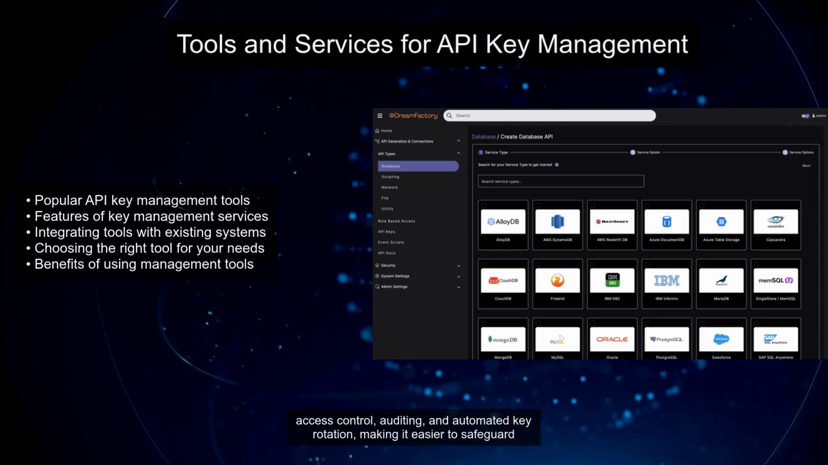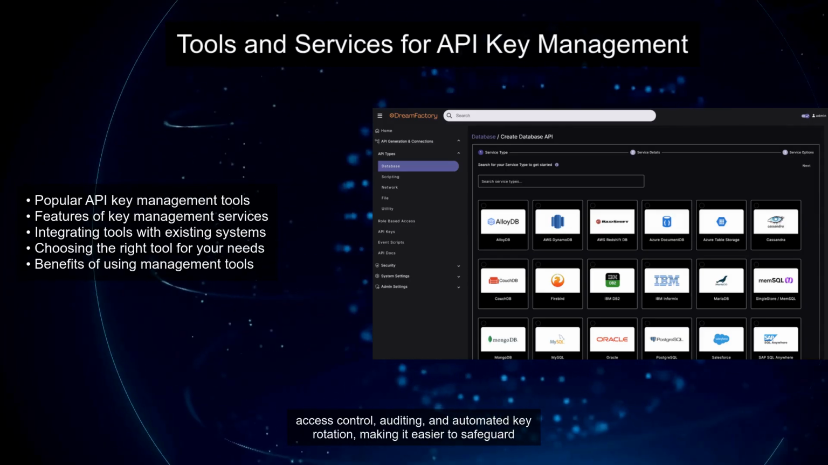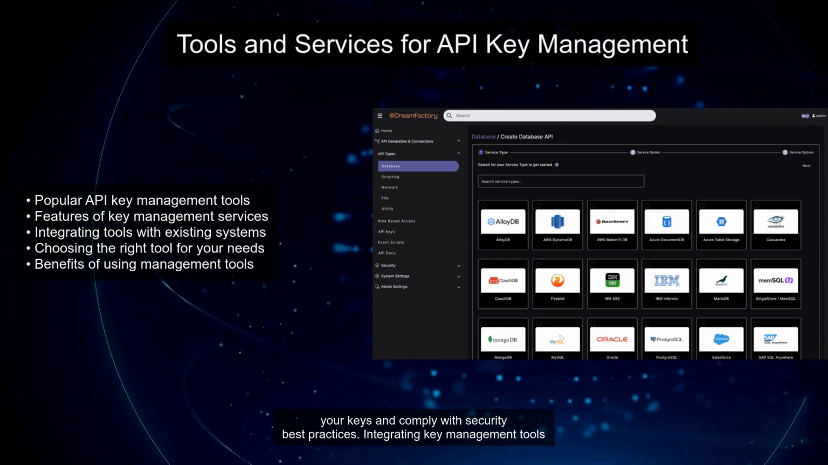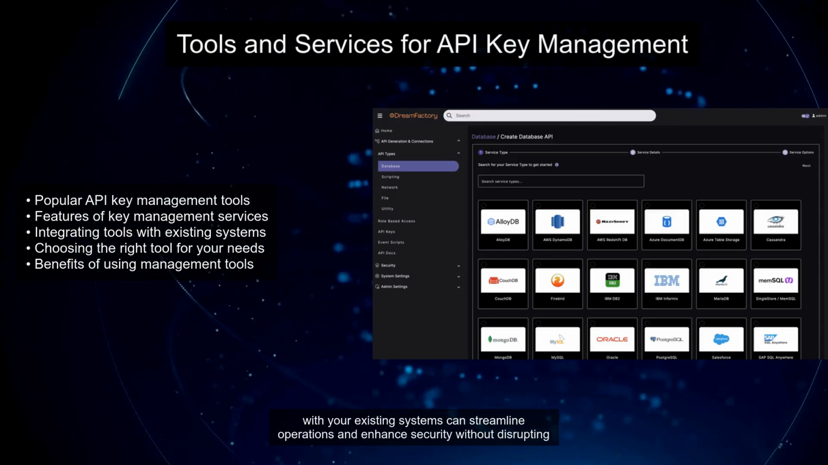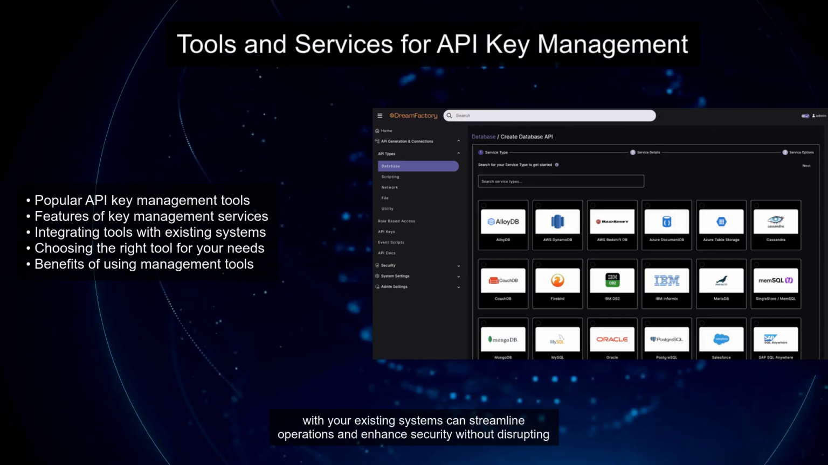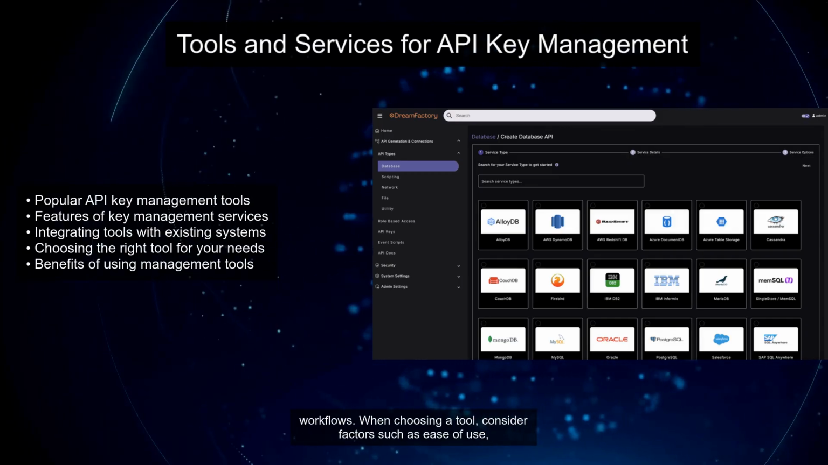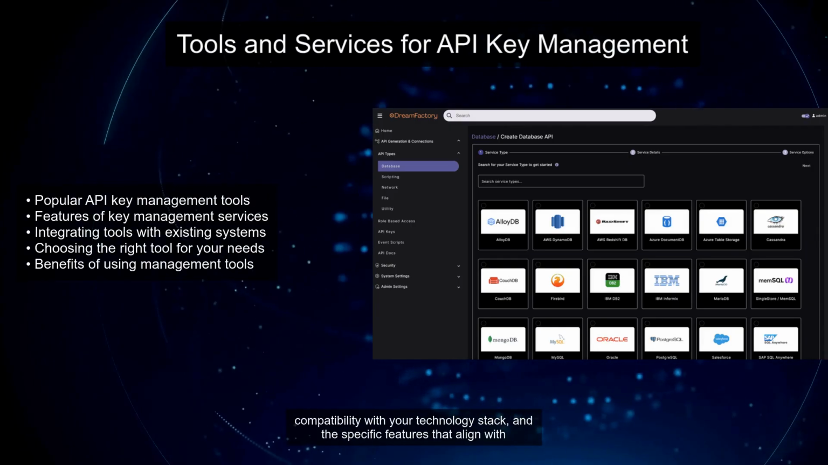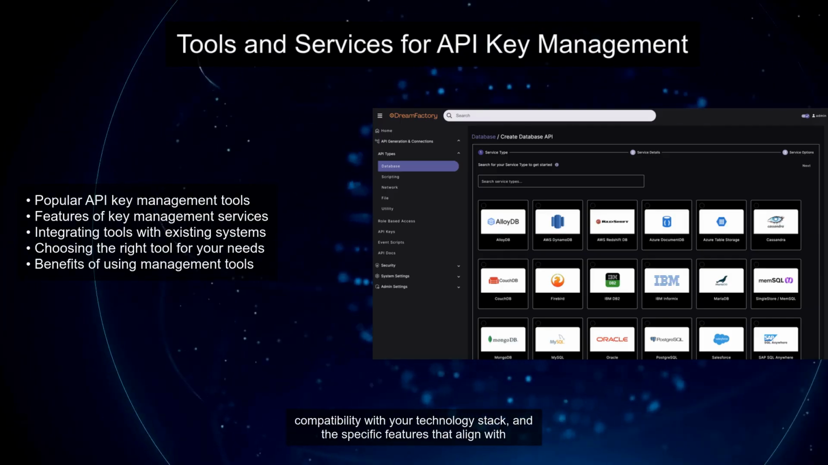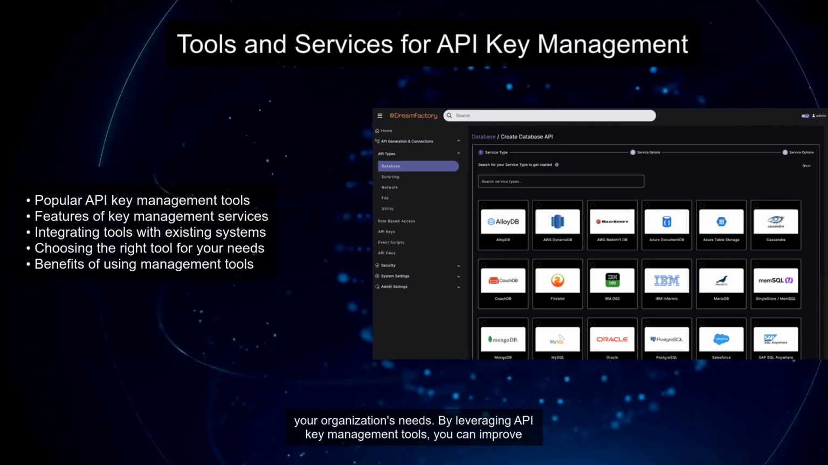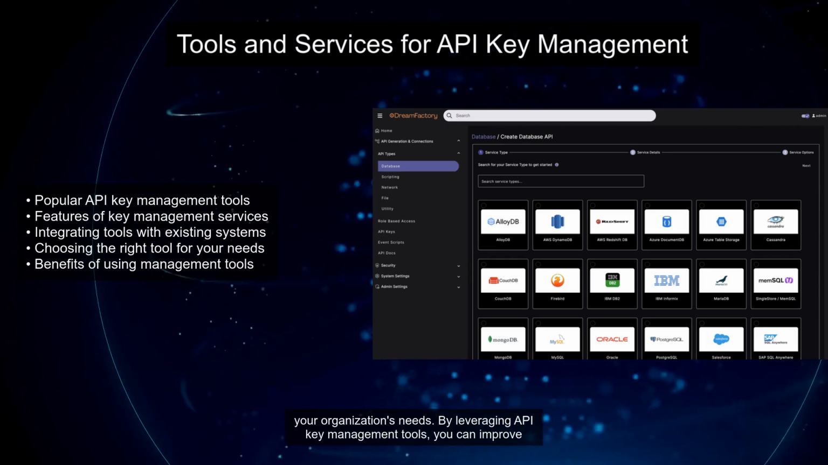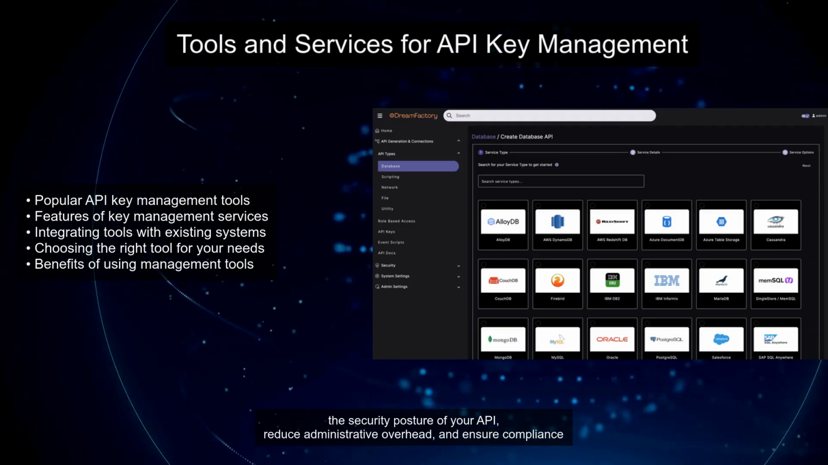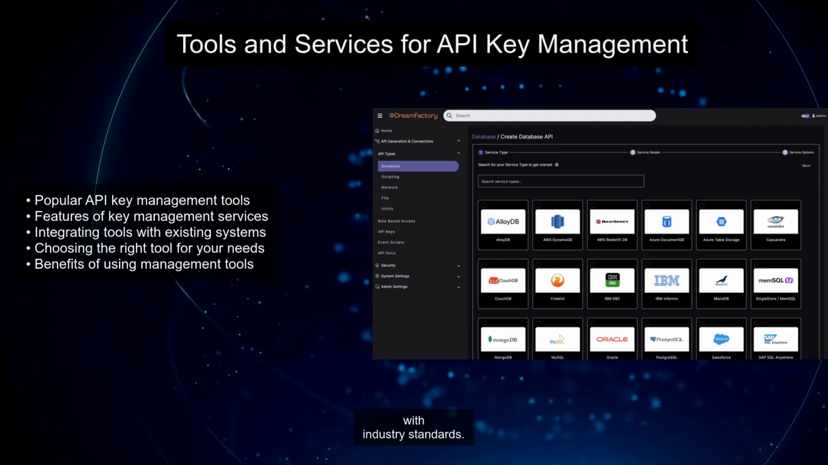These tools provide functionalities like encryption, access control, auditing, and automated key rotation, making it easier to safeguard your keys and comply with security best practices. Integrating key management tools with your existing systems can streamline operations and enhance security without disrupting workflows. When choosing a tool, consider factors such as ease of use, compatibility with your technology stack, and the specific features that align with your organization's needs. By leveraging API key management tools, you can improve the security posture of your API, reduce administrative overhead, and ensure